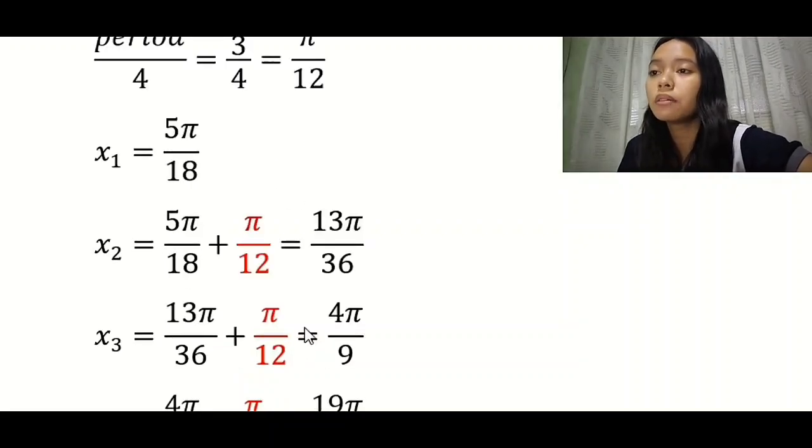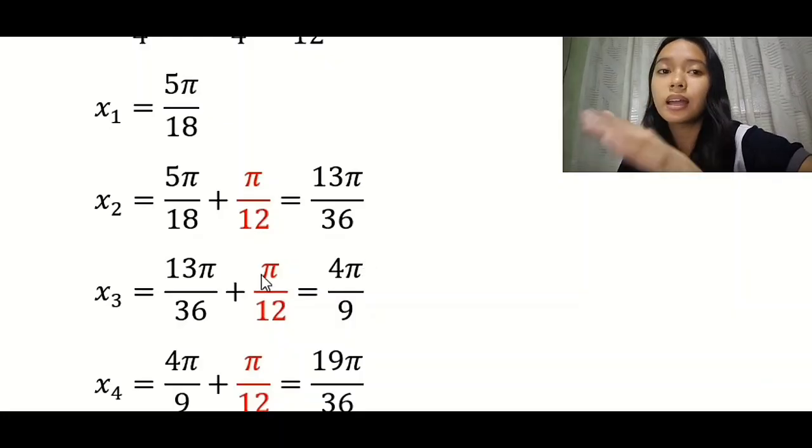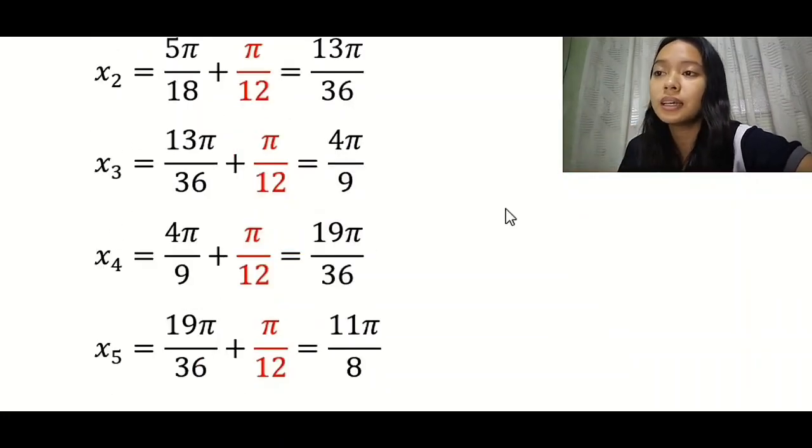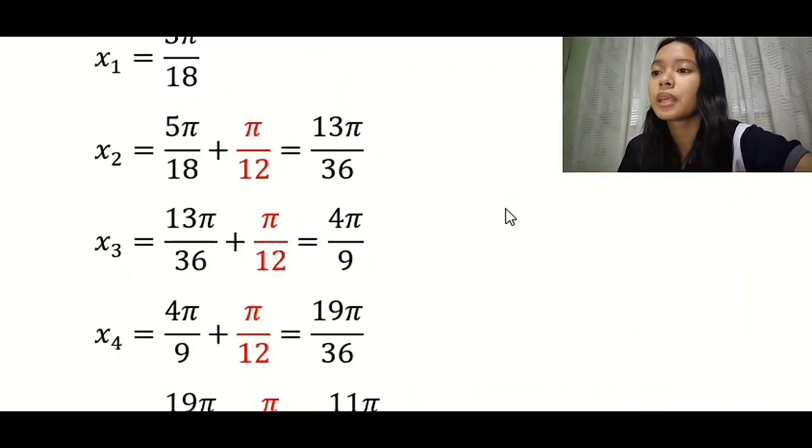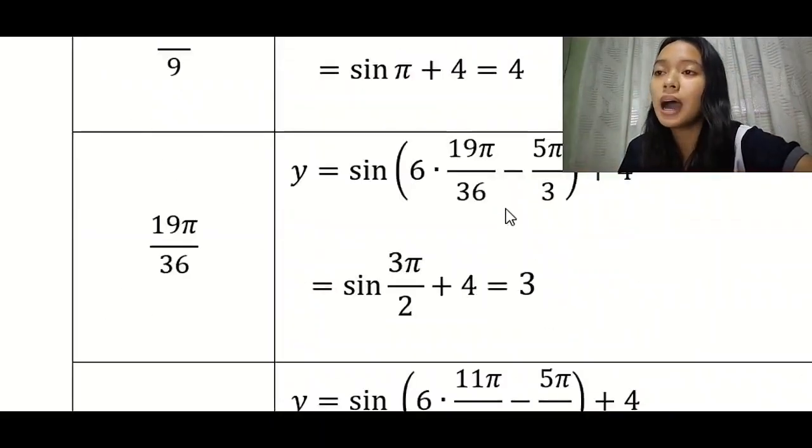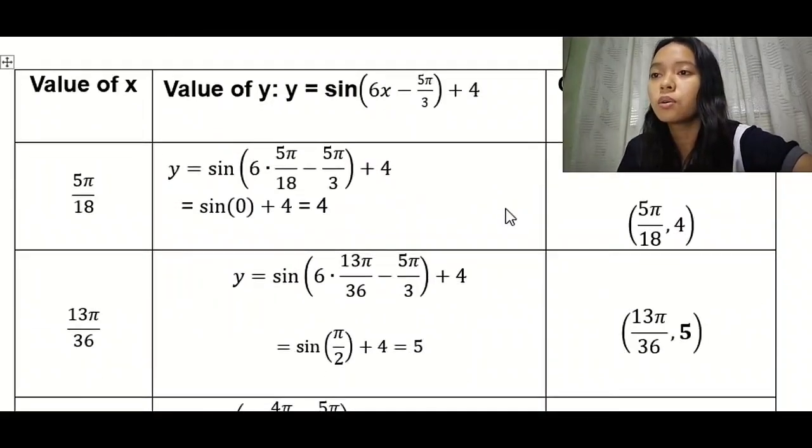So we will add pi over 12 to 5 pi over 18 to get the second key point. The result of the second key point is going to be added by pi over 12, then that's our third. And the same steps for the succeeding key points. That's how we identified our key points. So the next step is